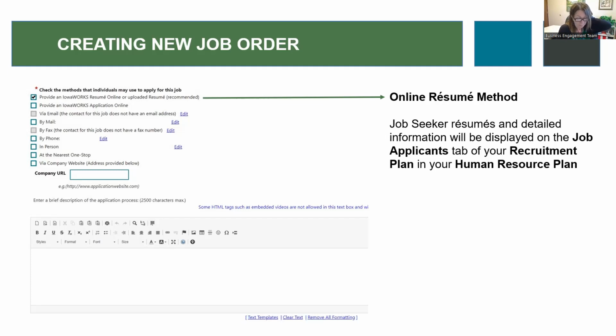You can also input your company's online application. If you have an online application on your website, you can do that. And then if there is further explanation needed for job candidates on how to apply, there's an opportunity to provide a brief description of the application process in this text box here.